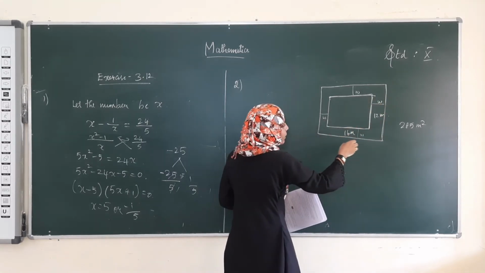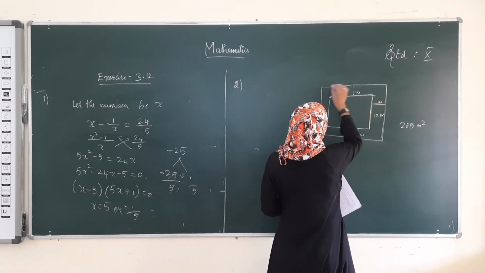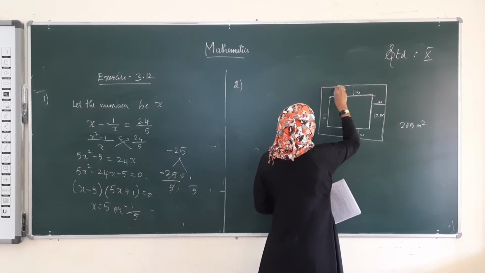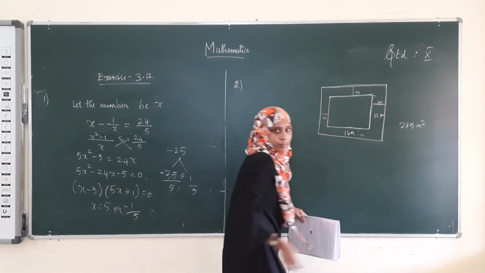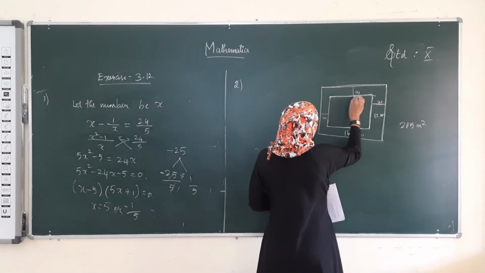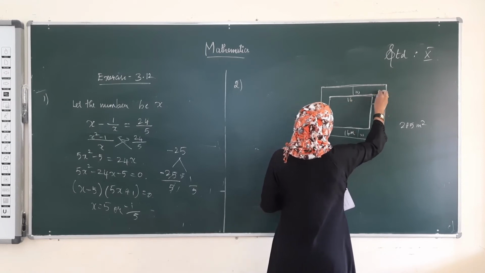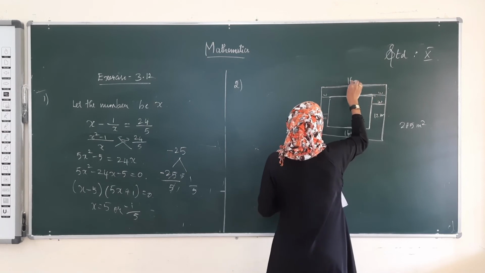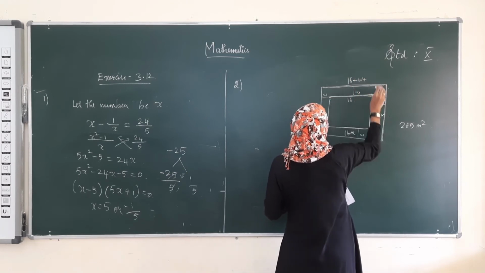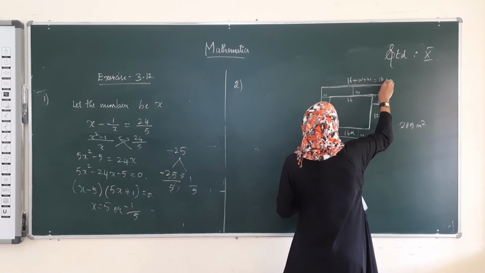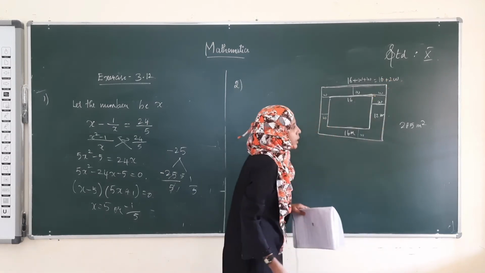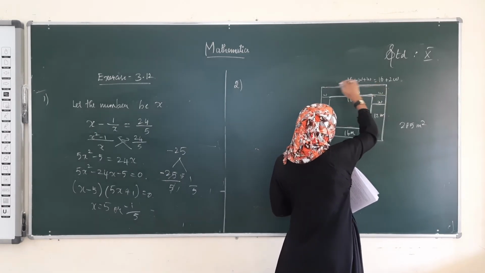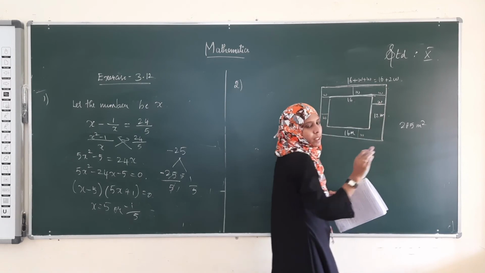So we have to find this 12, but they have given the whole area is 285. For finding the area, we have to know what this length and this breadth are. See here, this is 16, and this is W and this is W. This is the same as this, therefore 16 plus W plus this W becomes 16 plus 2W.